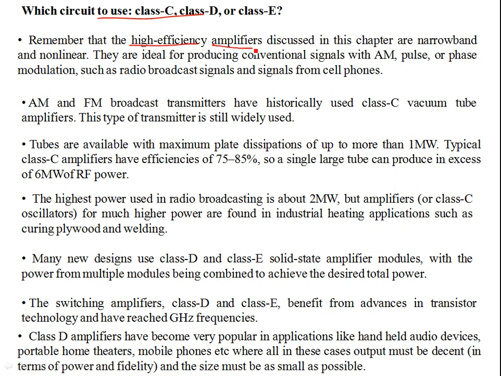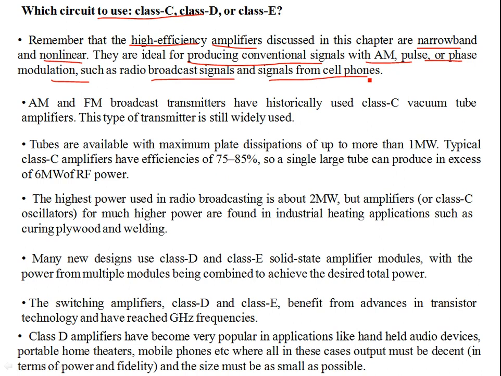We've discussed this in the chapter. They are narrowband and non-linear, so they produce arbitrary waveforms. They are ideal for producing conventional signals like AM, pulse, or phase modulation, especially for radio broadcast signals and signals from cell phones,